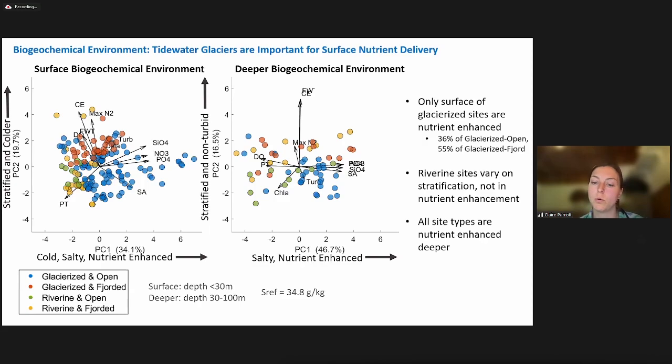When we look to our whole water column and we look in the deeper subset of samples, you can see that our modes of variability are similar to before, where we see salty and nutrient enhanced on PC1 being positive, and stratified and non-turbid environments being PC2 positive. What we also see here is that all of our different site classifications are nutrient enhanced deeper in the water column, further exemplifying that there's always nutrient enhancement below 30 meters, but only the glaciarized sites are seeing the delivery to the surface where we have